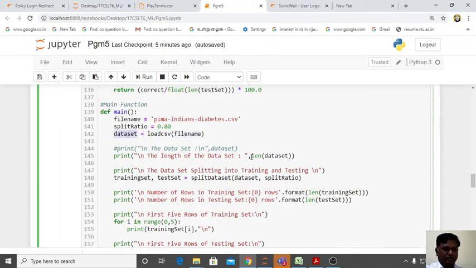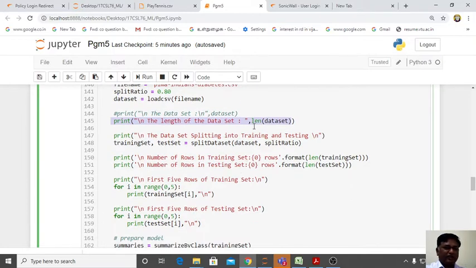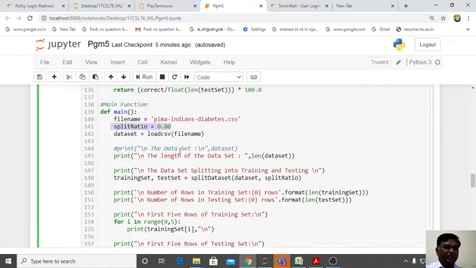Now in this print we will see the length of the data set, and the data set is divided into training set and test set. The training set and test set are split 80-20. So 80% of data, here the variable is given. You can change it if you want 60-40, 90-10, it's up to you.